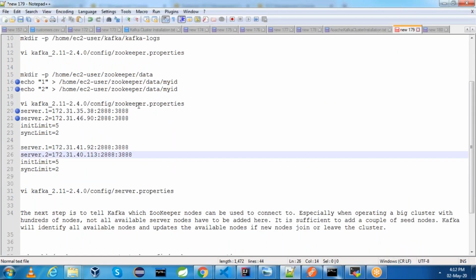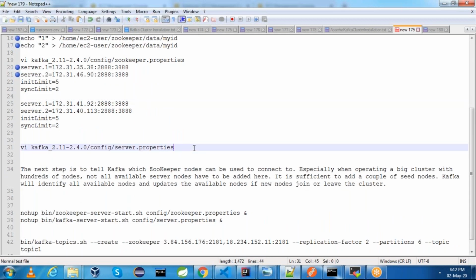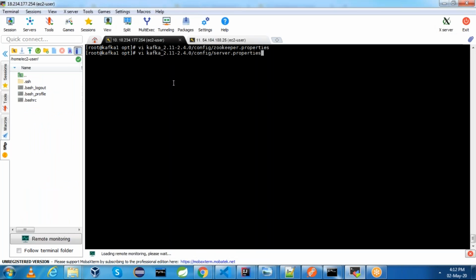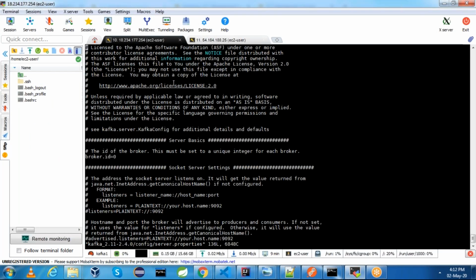Now once we have the Zookeeper configuration ready, next we need to change the Kafka server properties as well. This is the Kafka server properties. We'll go to the first server, and in the Kafka server properties, there will be something called broker.id. Here you need to mention 1. Why? Because I mentioned server.1 in the previous step. That's why I'm mentioning broker.id as 1.